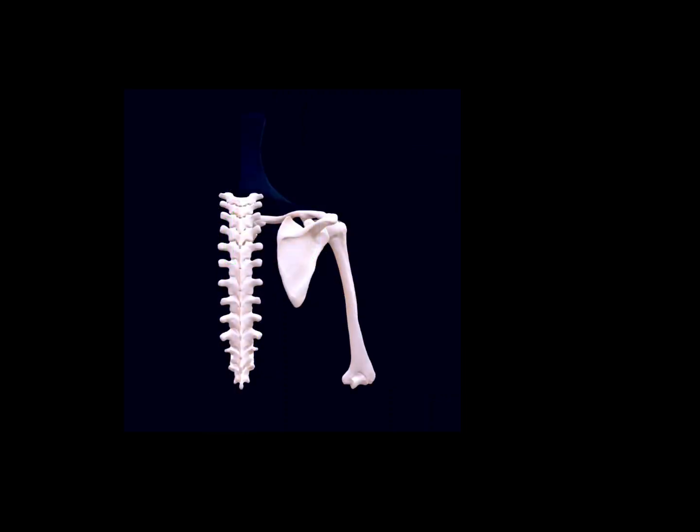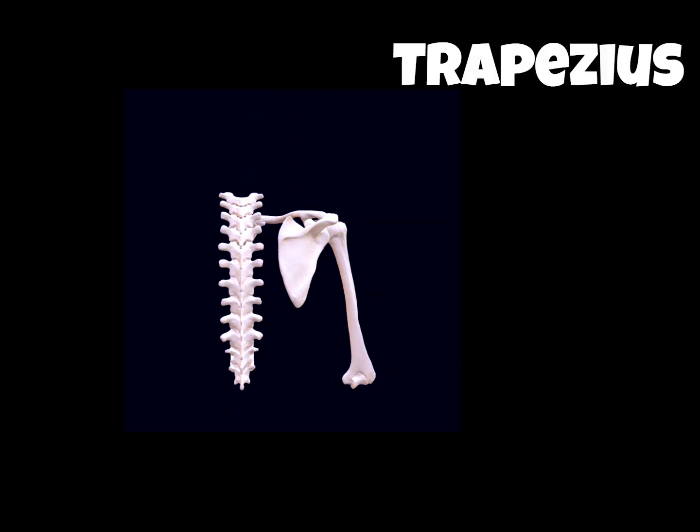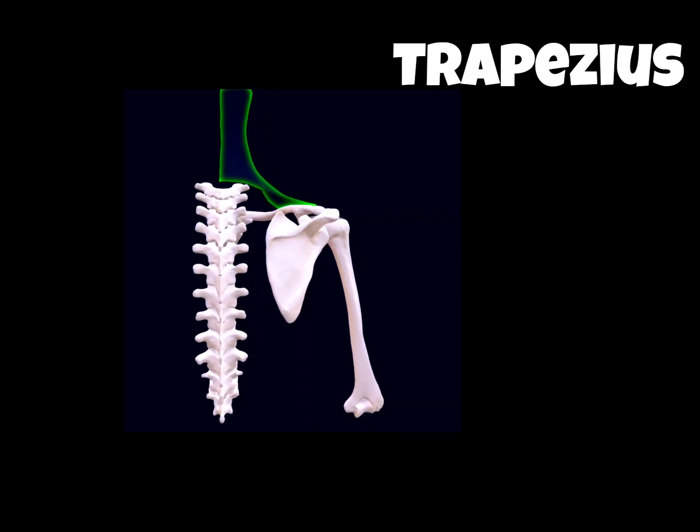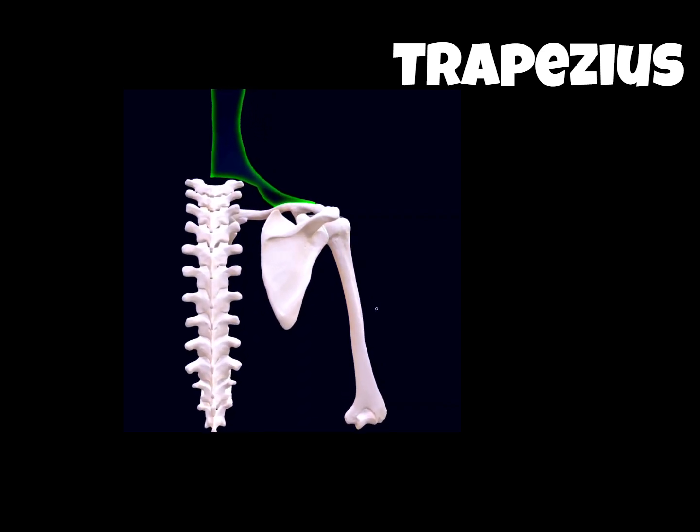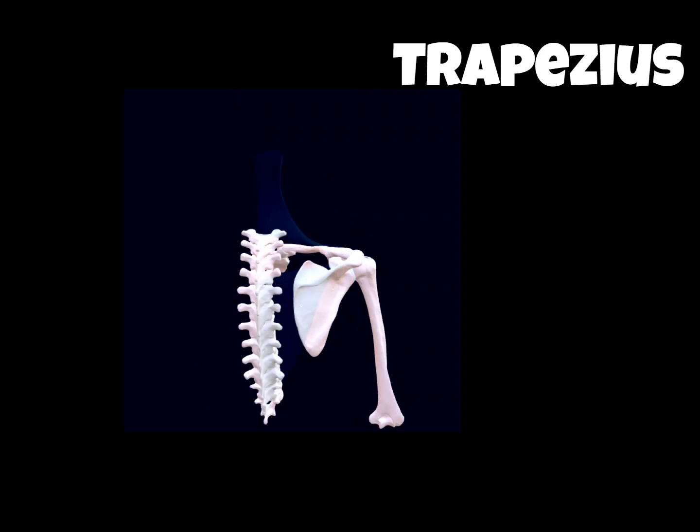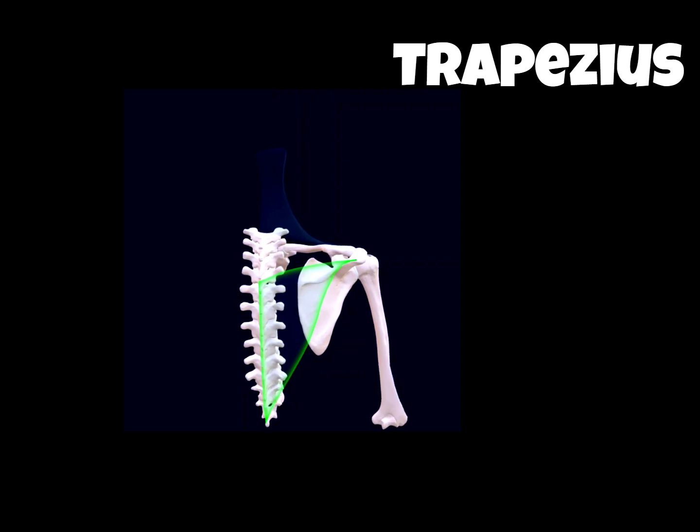Finally, coming to the muscles of the shoulder, which consist of two layers, a superficial layer and a deep layer. So the superficial layer consists of the trapezius as well as the deltoid muscle. Now the trapezius consists of a descending part and an ascending part. So the descending part takes origin from the occipital bone, nuchal ligament, and the spinous processes of the cervical vertebrae, whereas the ascending part takes origin from the spinous processes of the cervical as well as the thoracic vertebrae.